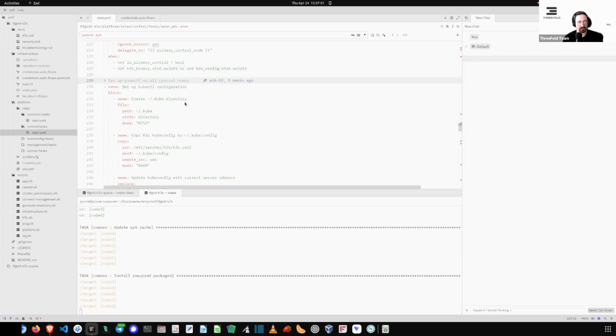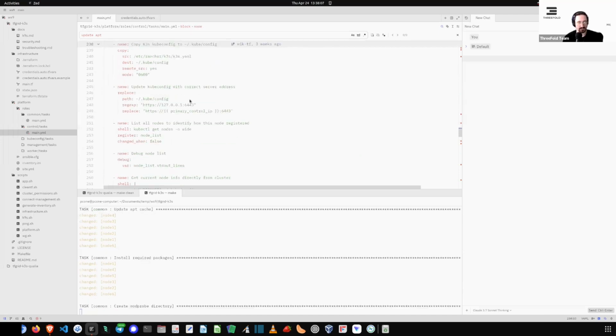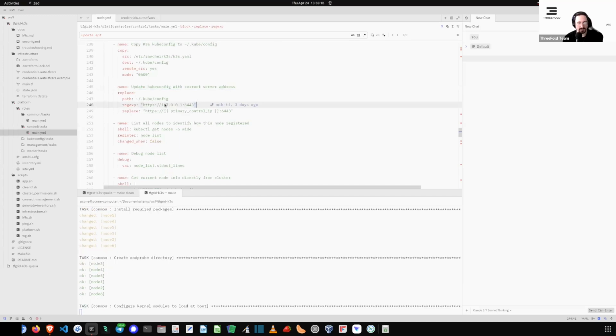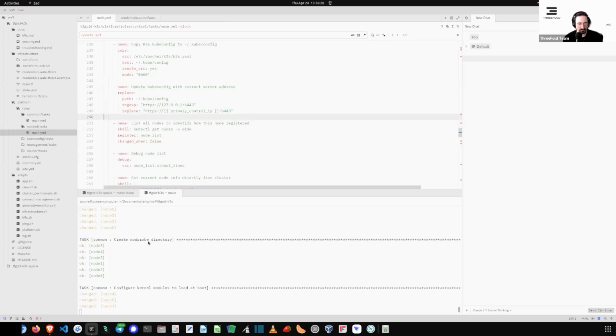So we'll create the kube directory. This is by default where it's set. Then with Ansible, we will set the permission. And then we will copy the K3s config to the proper directory. And then we will update the kubeconfig with the correct server address. This is just to make sure that it works well. This is, let's say, the localhost, but then this will be the control IP of the primary node, which is the WireGuard IP. So we can see here, we finished the required packages,